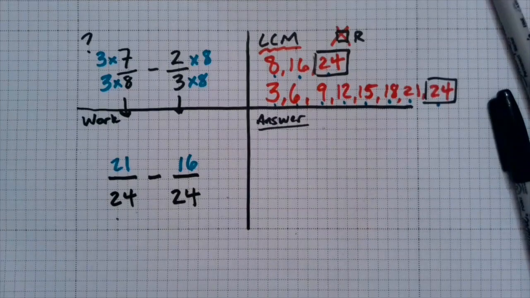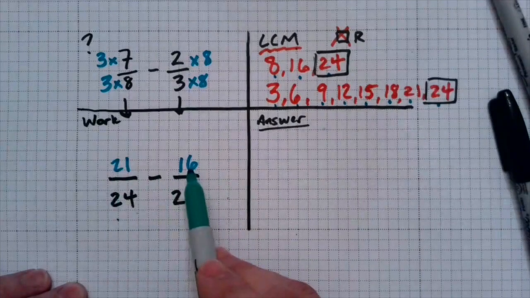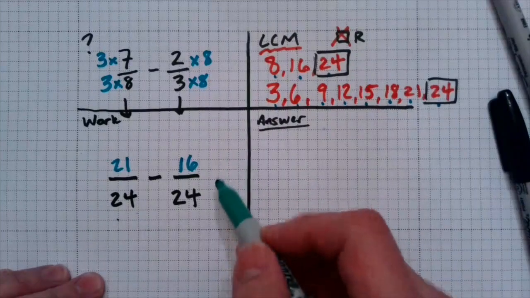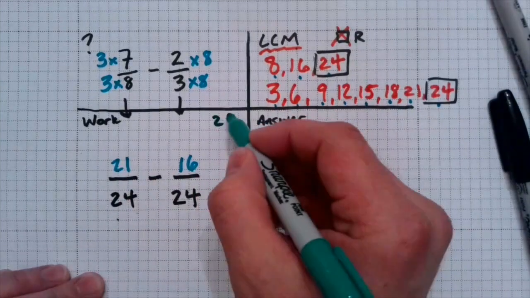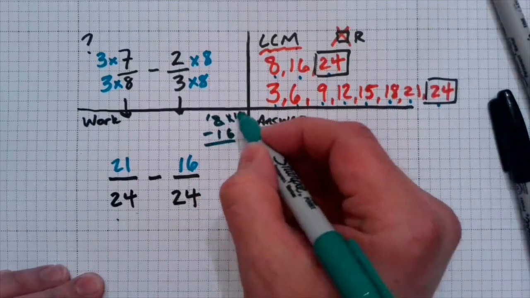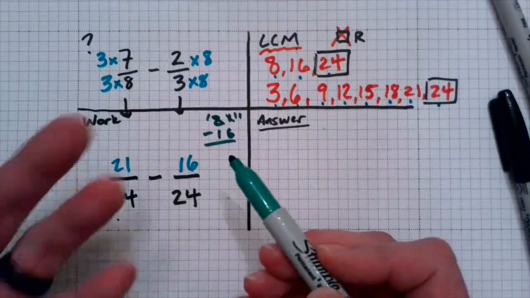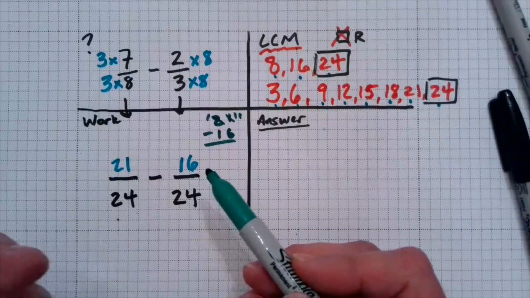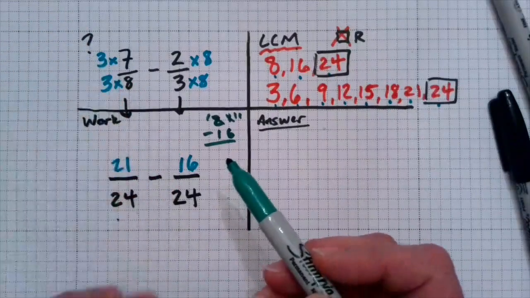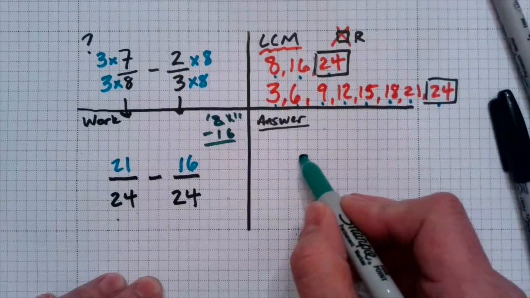But anyways, we are right to the part of the problem where we're saying, okay, what is the difference of 21 and 16? Students at this point can stack 21 and 16 like a standard subtraction problem. They can do that and then regroup and go that route if they want to, or they can just go 16 to 20. Well, that's 4, and then one more would be 5. Or they can count up 16, 17, 18, 19, 20, 21. The difference between 21 and 16 24ths is 5